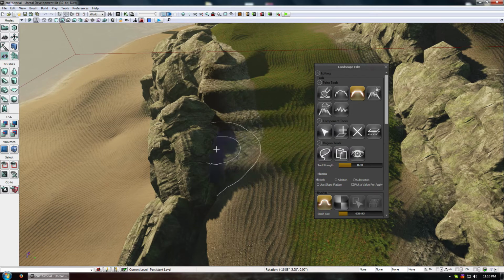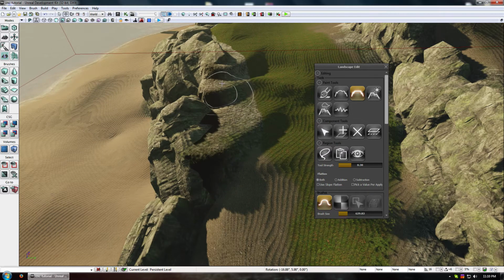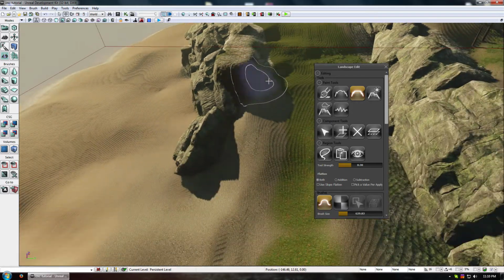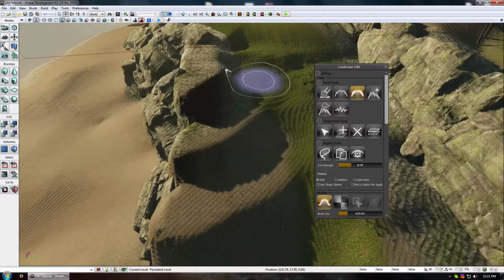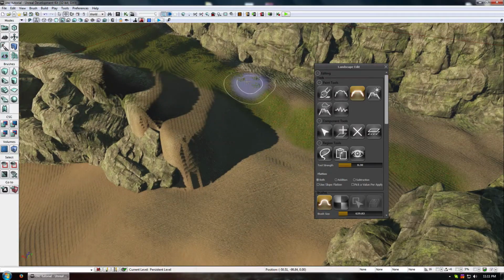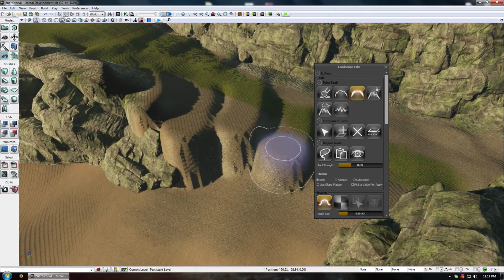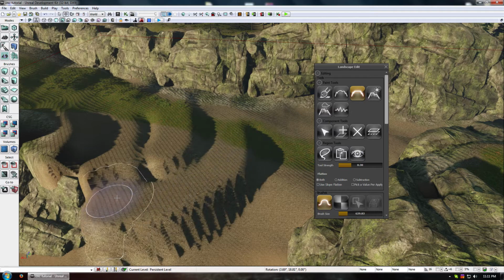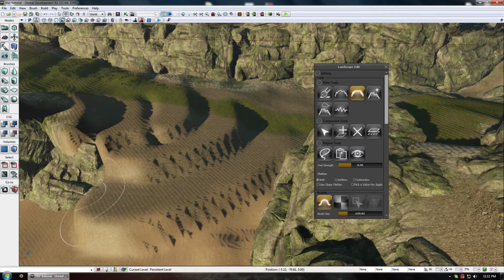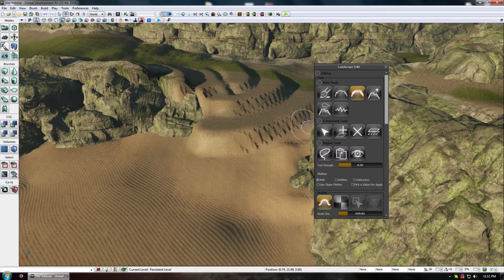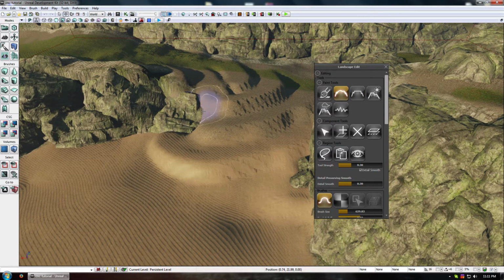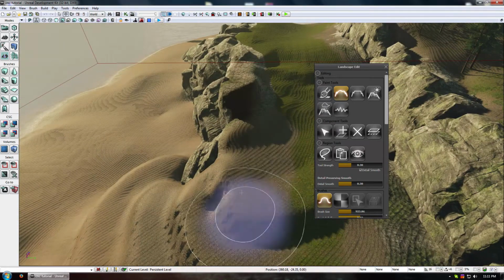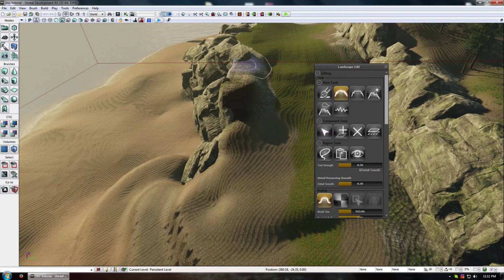I wish I did, but I don't. So we're just gonna tidy all this up,